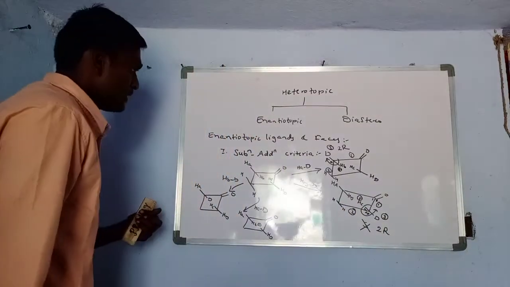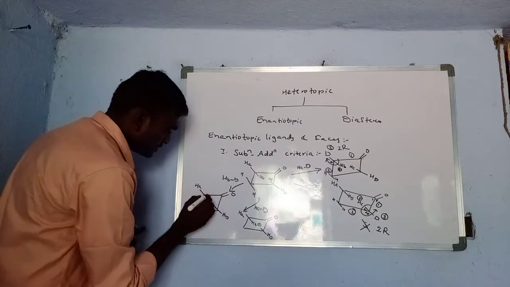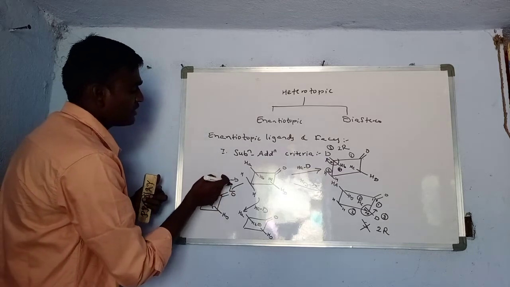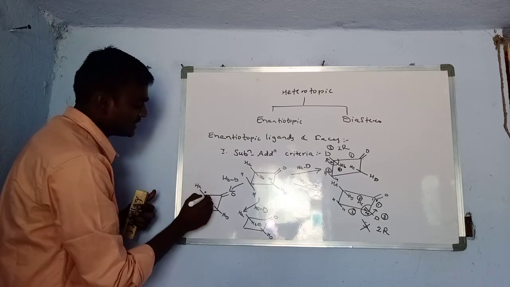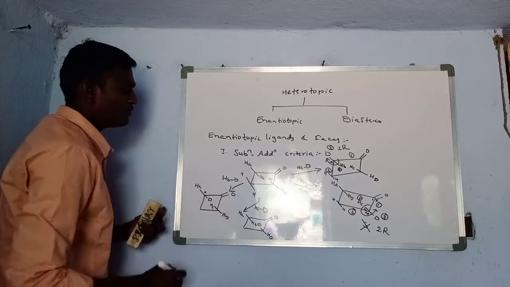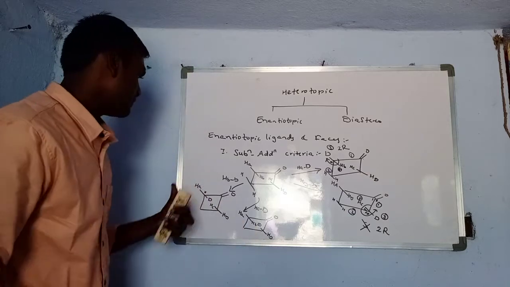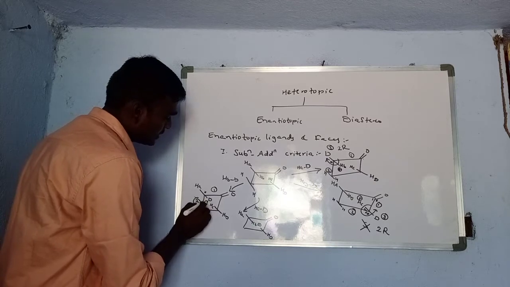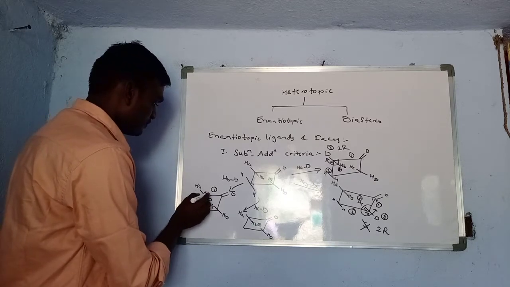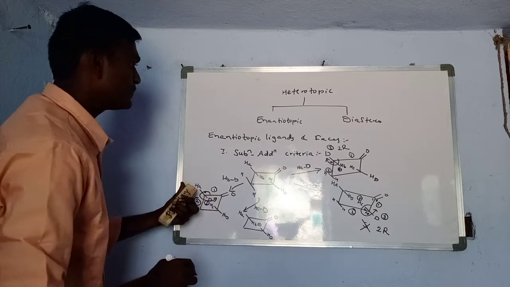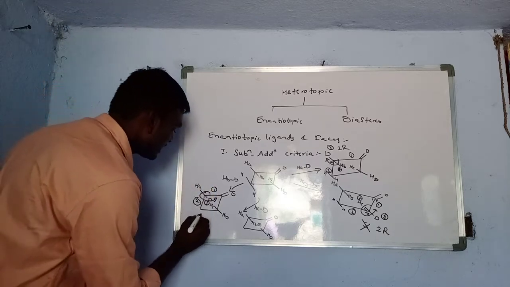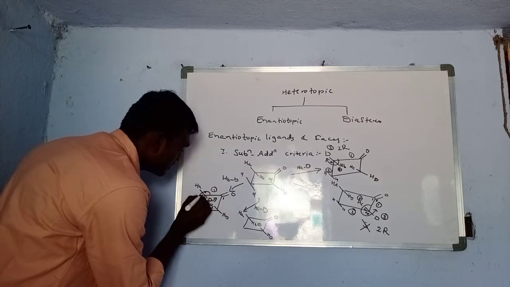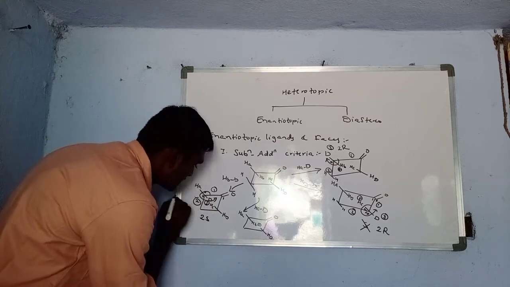Okay, if you are seeing here, first this molecule, here we get a chiral center, right? By replacement of HB with deuterium, we get the chiral center here. This is the D chiral center, and now we are giving the priorities according to CIP rules. So here we get the first priority, this will be the second priority, and deuterium will get the third priority. 1, 2, 3. This is the anti-clockwise direction. We are giving the numbering first. This carbonyl carbon is first, and here numbering 2. So this is the 2S configuration.